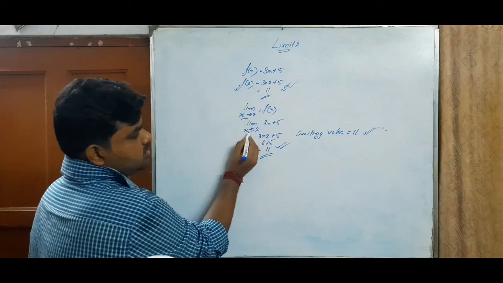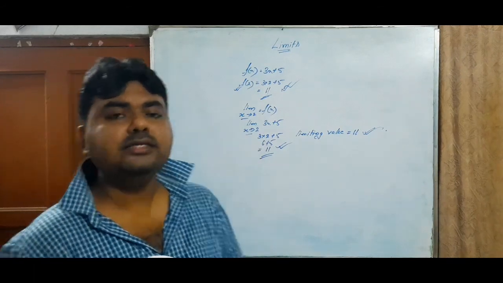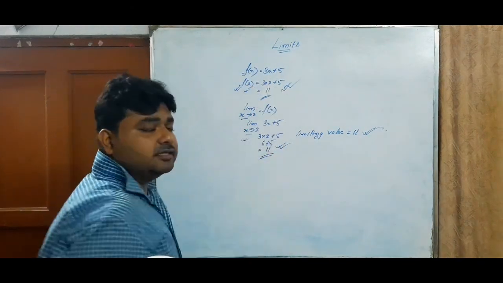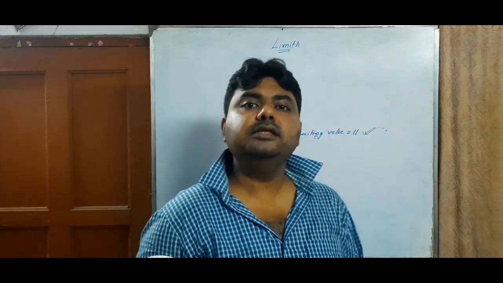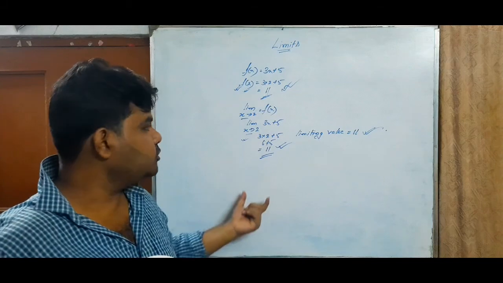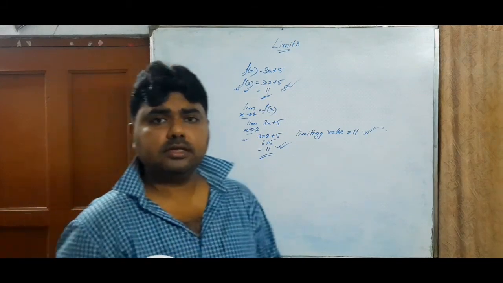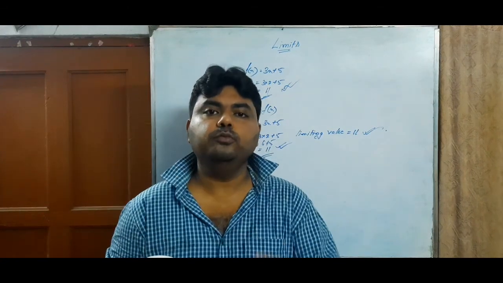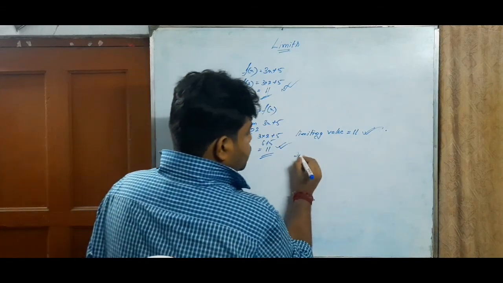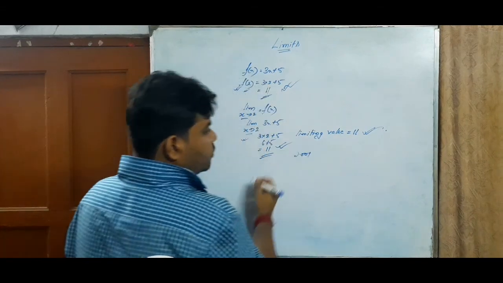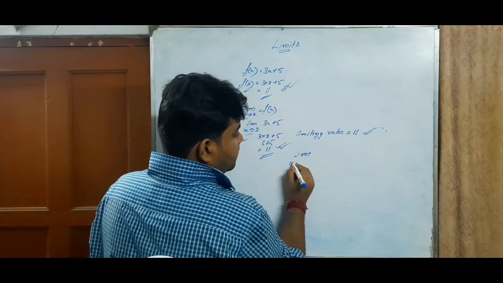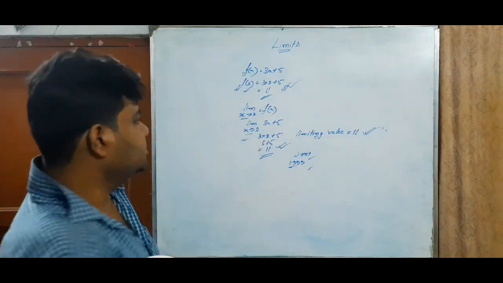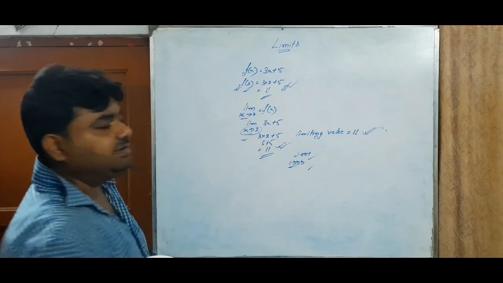Now, people may ask, what do you mean by tends to? Here we are giving the exact value 2, and here it is tends to. Tends to means it is near, that is, it is the approximate value, near to 2. Near to 2 means maybe just less than 2 or just above 2, that is more than 2. We can take 2.001 or we may write 1.999, whatever. That tends to 2.